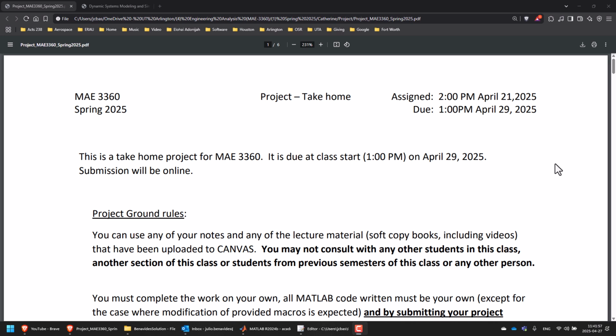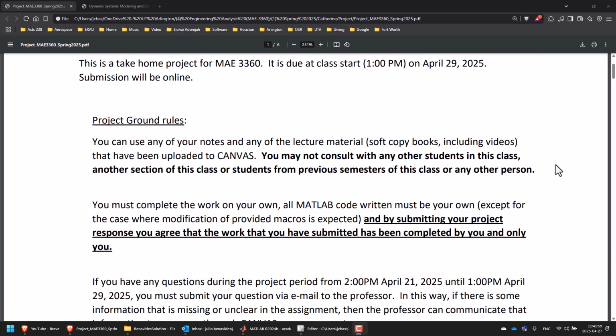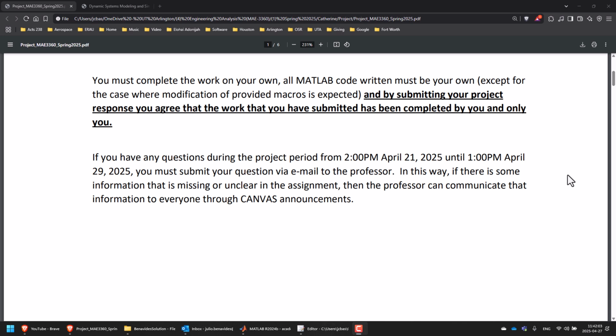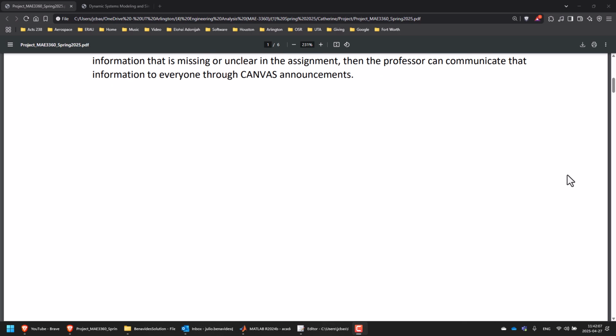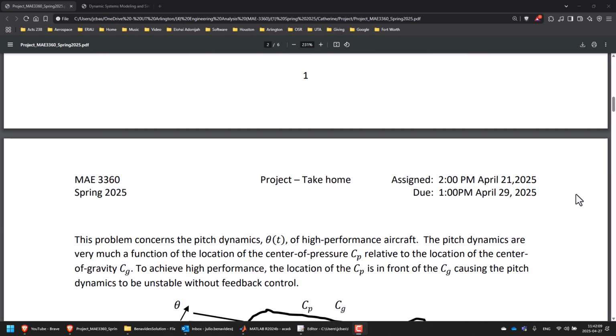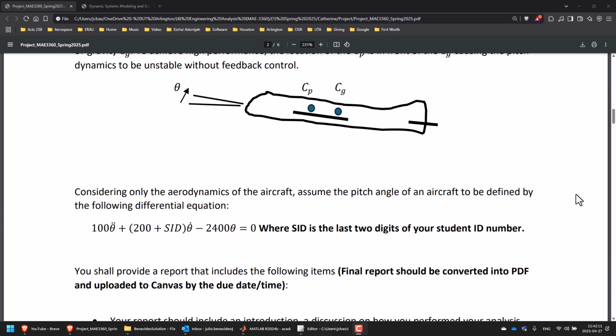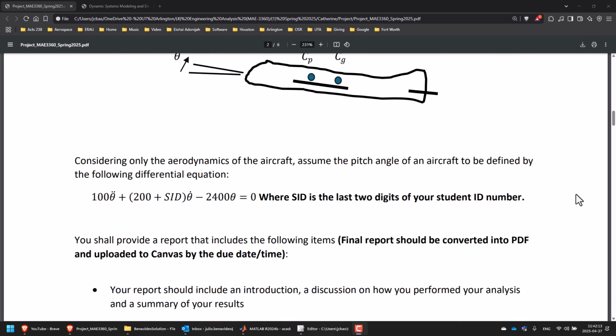So let's go ahead and go through the assignment. I went through it in class, but remember that everything has to be typed. A template has been provided for your solution, right? Initially, you're given an ordinary differential equation that describes the pitch angle of an aircraft, and where SID are the last two digits of your student ID,